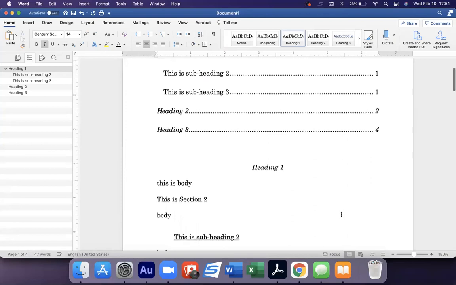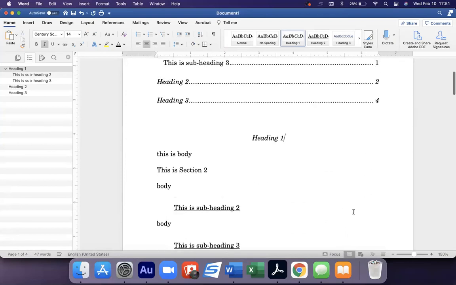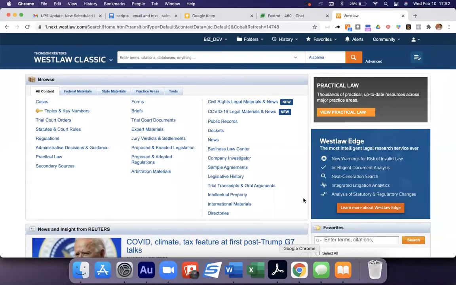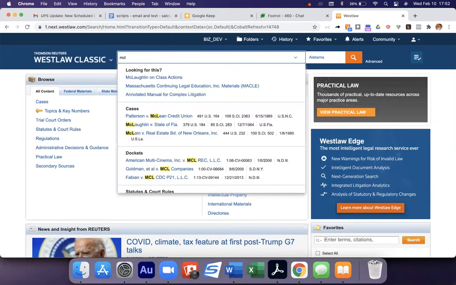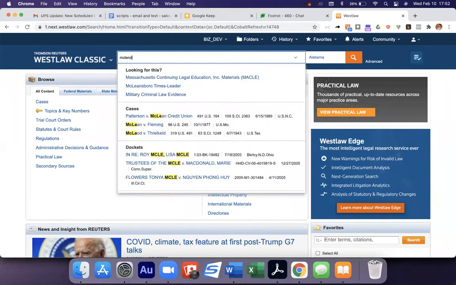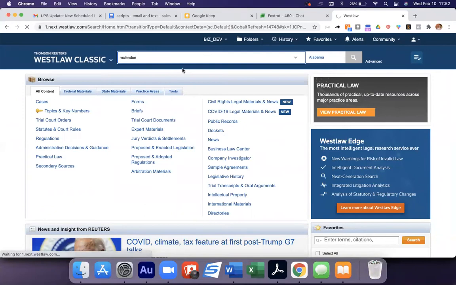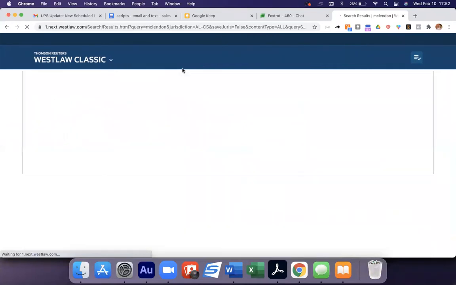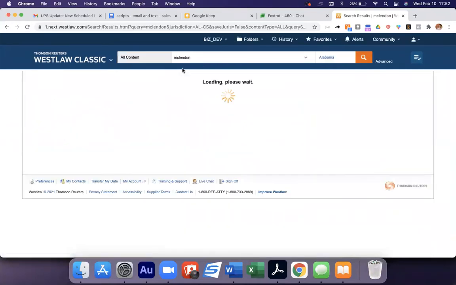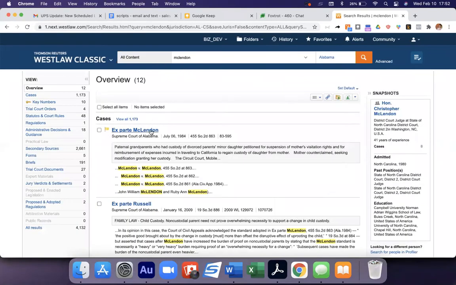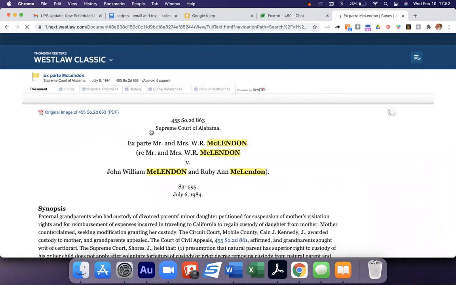Let's see what we need to do on some case law. Okay, so let's say in heading number 1, I'm going to go to Westlaw, and I want, if anybody's ever heard of this case, I want to quote or cite the McLendon case, which might not even be the first one that comes up. Well, yeah, it is. Okay, so here's a cool trick if you do have Westlaw,